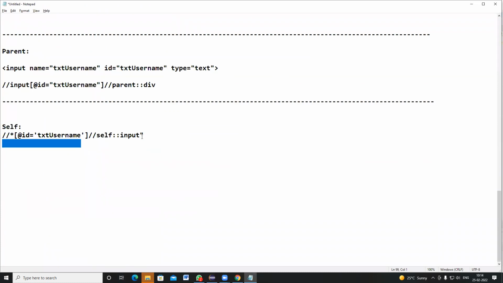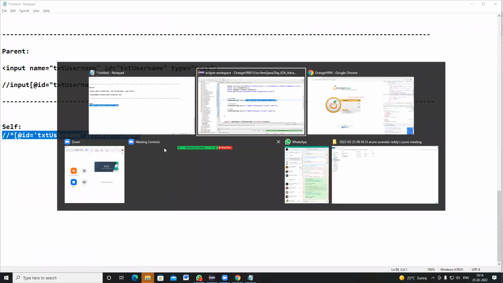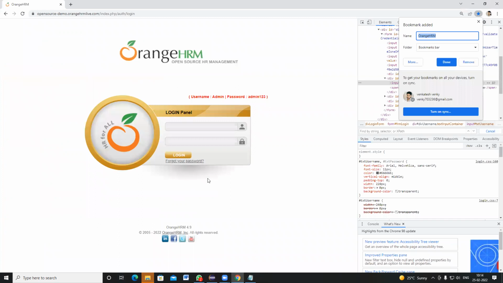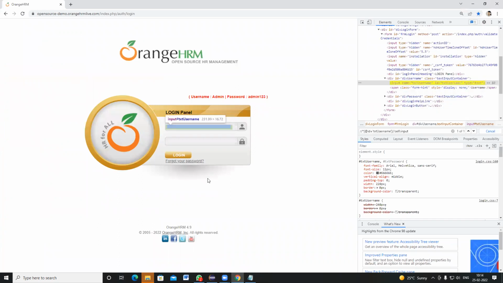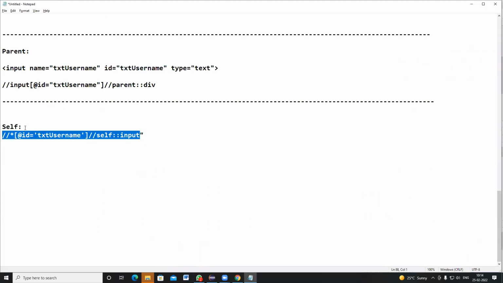So I'm going ahead and finding out, so by itself means it searches for itself. txt username goes only to txt username, that's self. Okay,